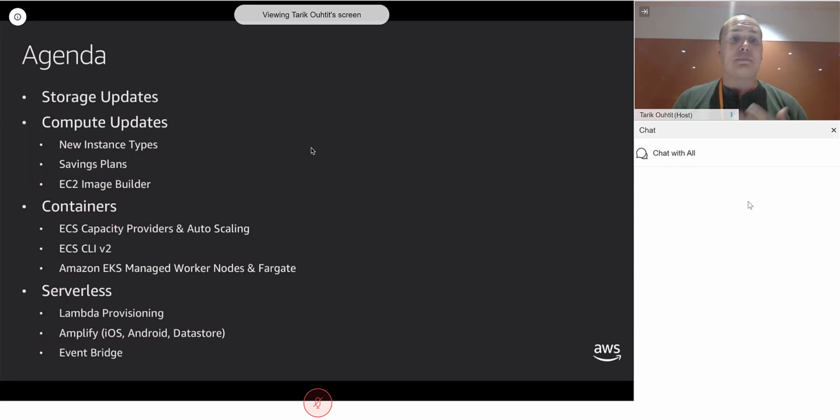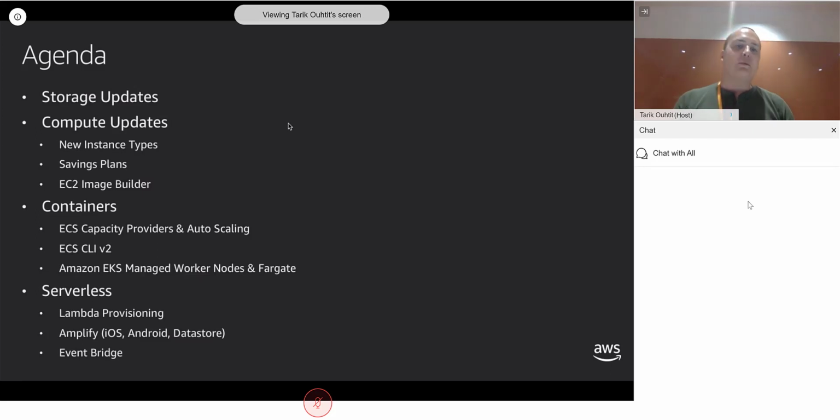Then we're going to spend quite a bit of time talking about the updates in the container space. So we're going to talk about our own orchestrator, ECS, and some really interesting updates there. Some interesting new CLI tools that were released, but also about Kubernetes and managed Kubernetes on AWS. That's an area that we've made a lot of improvements to over the last year.